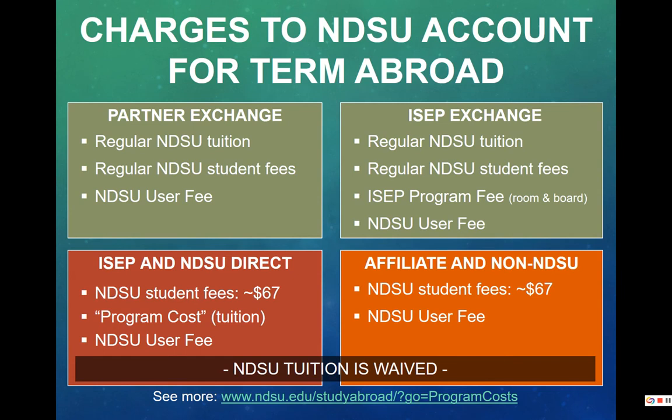Charges to your NDSU account for the term that you're gone. On a partner exchange program, students pay NDSU tuition and fees, and then the user fee, which for a semester program is generally $500. For under 90 days, it's $300, but for a semester, you're usually at the $500. And that goes to support staff in our office. So me, essentially. ISEP exchange,